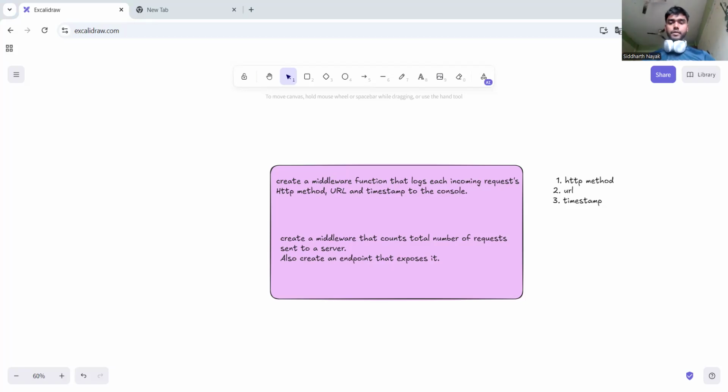Okay, now there is a mistake for timestamp. You need to write like this. Why? I'll tell you. new dot